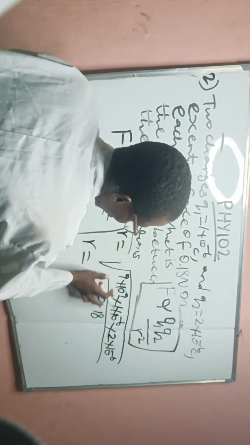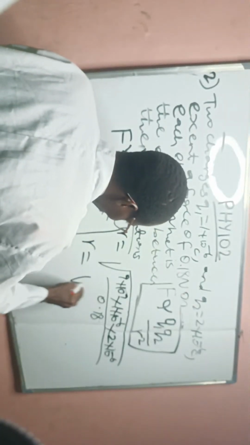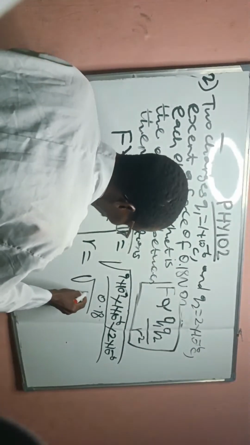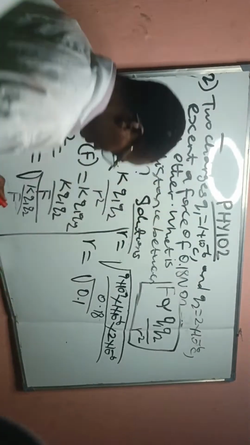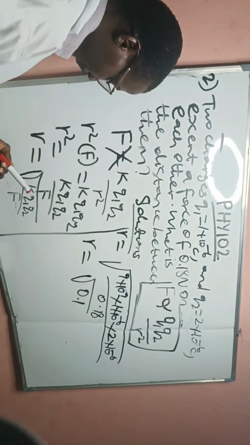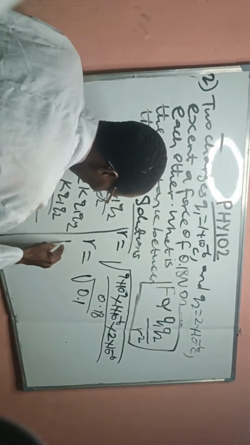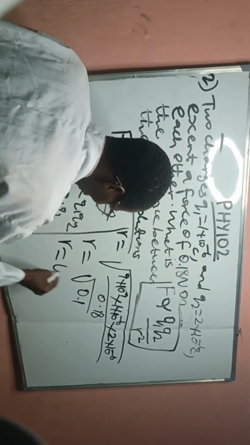When you get the square root of this, I'm going to have that r is equal to